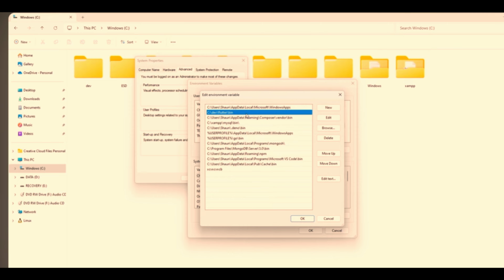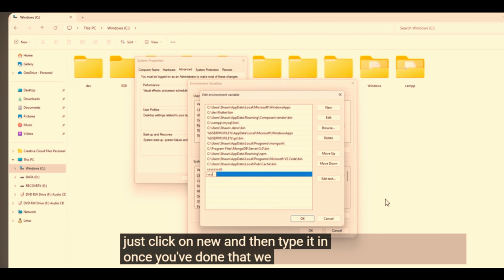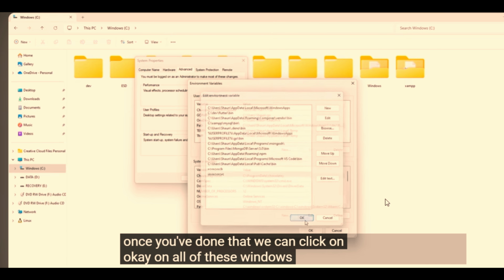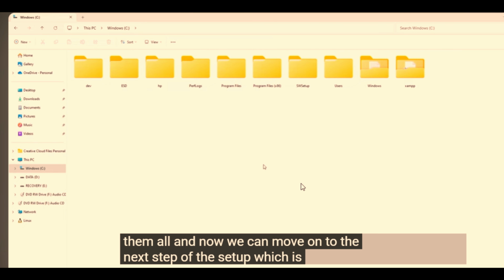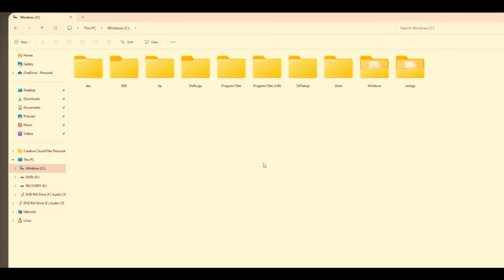If you installed it elsewhere, it needs to be a path to wherever you installed it, then in the bin folder within that location. So to add this path, just click on New and then type it in. Once you've done that, we can click on OK on all of these windows to close them all. And now we can move on to the next step of the setup, which is installing Android Studio. But just really quickly before we do that, if you close down any currently open terminals first of all, and then open